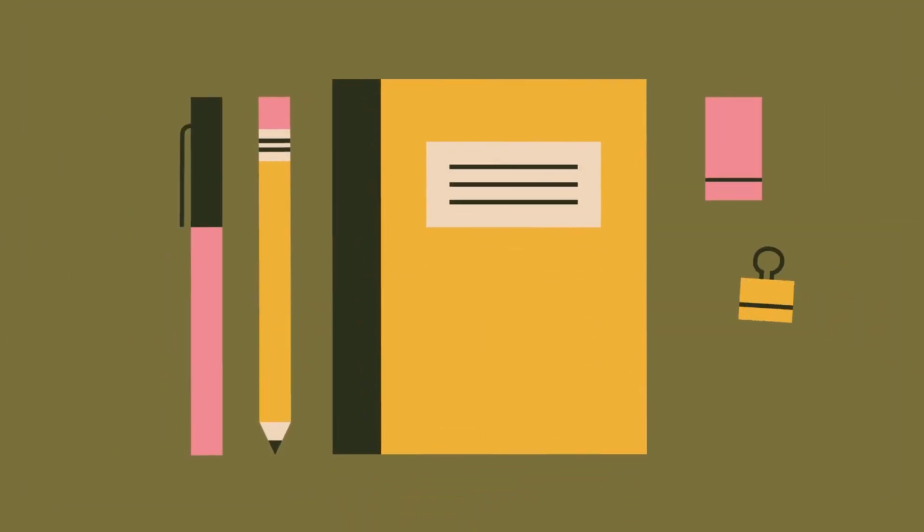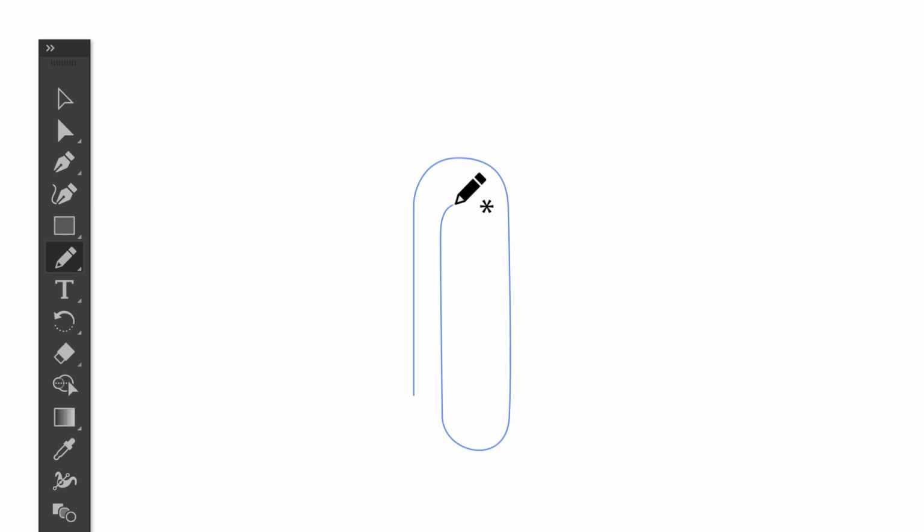So we just made a simple illustration with shapes, but what if you need to make something like this paperclip? To add more freeform expressive lines, you can use the pencil tool. But even with the pencil tool, you don't need to be a great artist. When you draw with a real pencil, you often draw and erase so you can draw again. But with a digital pencil and Illustrator, you can refine what you make as many times as you need to